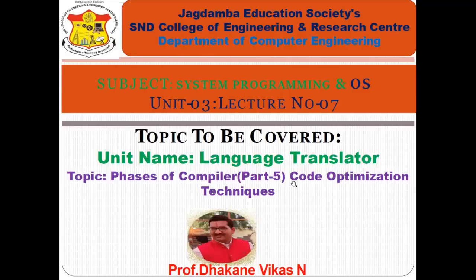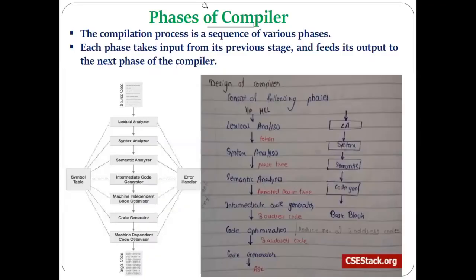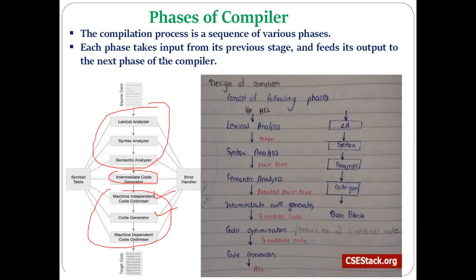techniques. Okay, now as all of you are very much familiar with this diagram, this is the front end of the compiler. The front end generates the output here, the intermediate code, and this is the back end of our compiler. So in the back end, two important phases we have to discuss: the machine independent code optimization and the code generator. In today's lecture, we will discuss the machine independent code optimization.